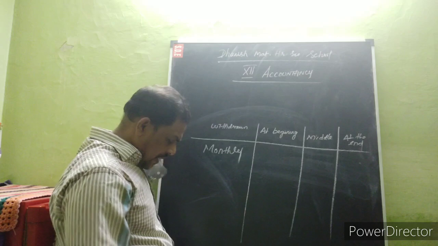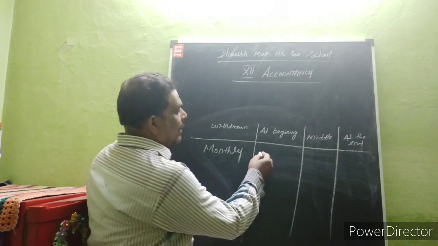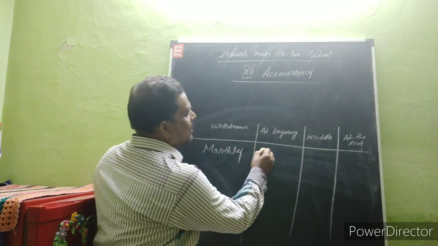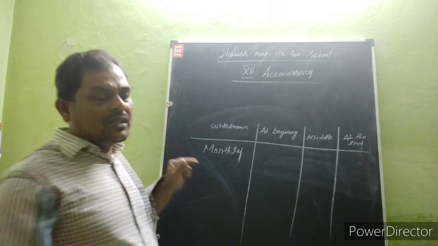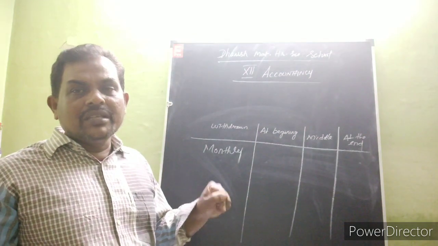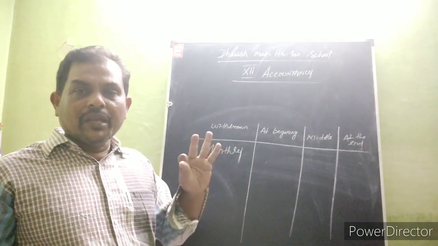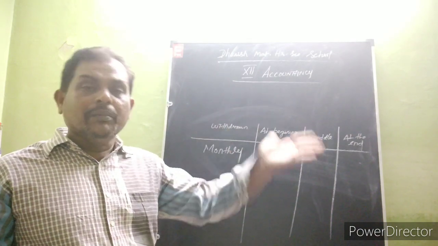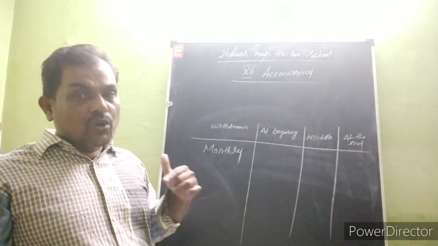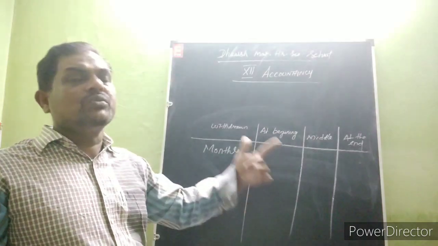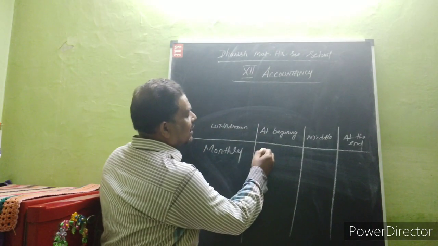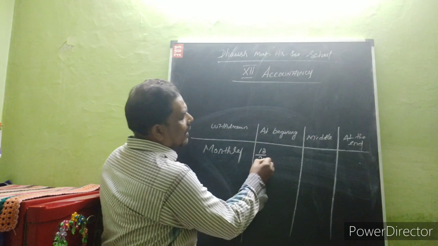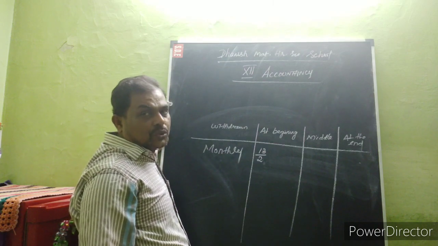So here he has given 12 plus 1, that is 12 months plus 1 month, 13 months, because January 1 is taking, means January, February, March, April, like that. The 13th month will come in the next January. So listen, 13 months will come. That is why he is putting 13 divided by 2.